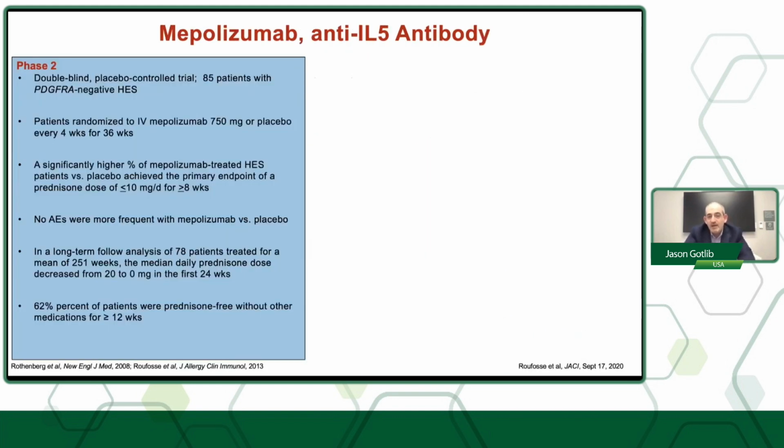Mepolizumab is an anti-IL-5 antibody. There was a phase 2 study that evaluated the drug in patients with idiopathic hypereosinophilic syndrome. Basically, that study showed that mepolizumab was able to achieve reductions in the use of prednisone, both in the short term and long term. Based on that 2008 study, I guess there was some surprise that it was not approved,